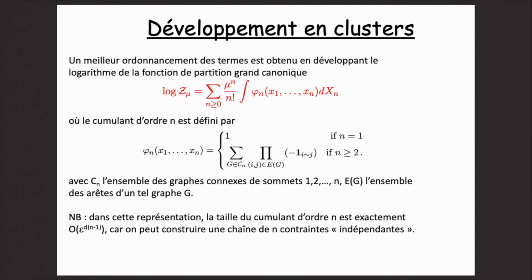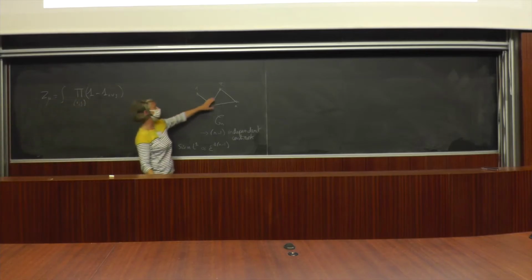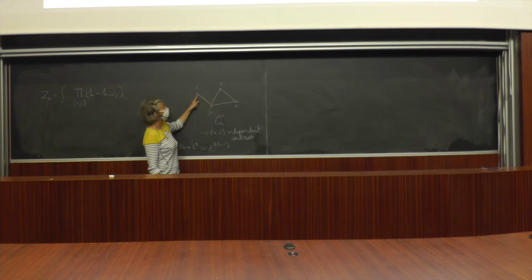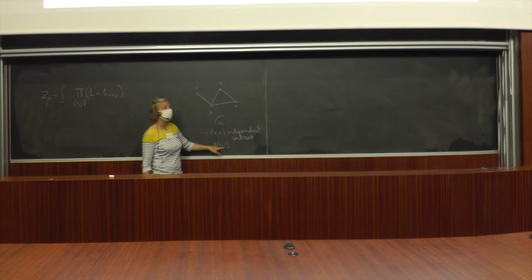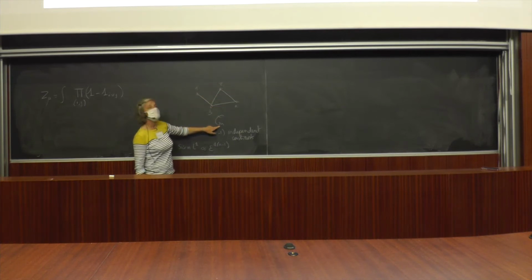So of course, I told you that essentially I expect this phi n in L1 norm to be of the order of epsilon d to the n minus 1. But of course, this is the size of one realization. If I have one realization like this, once I have fixed this graph here, I expect that the L1 norm of this term is of the order of epsilon to the d times n minus 1. But of course, you have many realizations, because you can have any graph which is connected